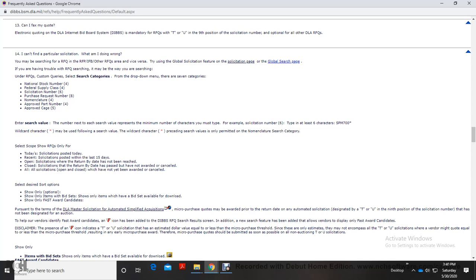Under request for quotes, custom queries, search categories has a drop-down menu of categories: national stock number, federal supply class, solicitation number, purchase request number, nomenclature, approved part number, and approved cage. Each search value, the number next to the search value, represents the minimum number of characters you must type. For example, solicitation has 6 numbers. Type at least 6 characters,